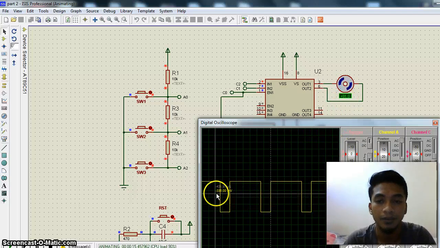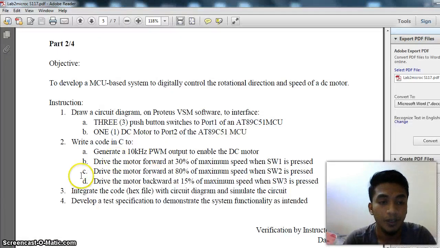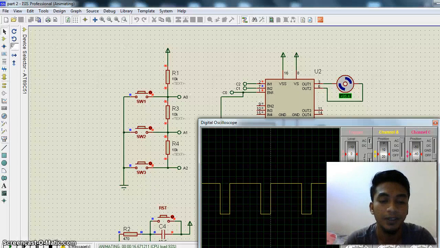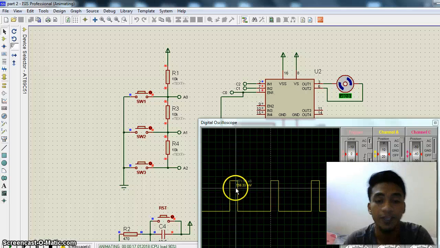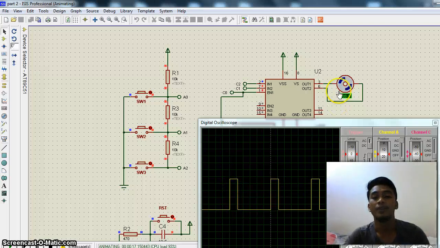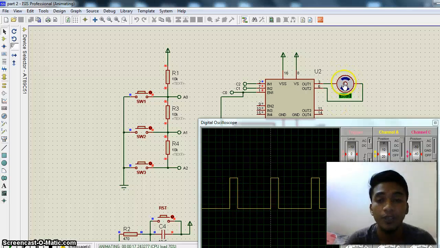For the third task, we have to drive the motor backward at 15% of the maximum speed when switch 3 is pressed. Okay, and when I press switch 3, you can see the wave change, and the motor will slowly